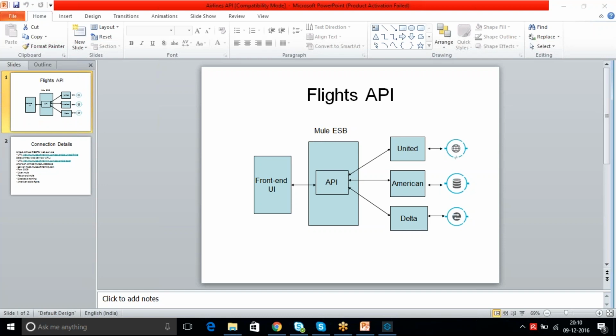So basically, this session is about how to design an API from end to end for a flights API. We need to get flight availability information from three different airlines: United, American, and Delta. These three airlines maintain their data in their own systems, and they give connections in different formats.